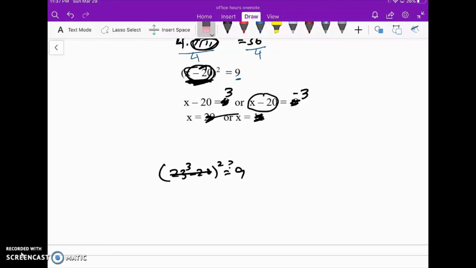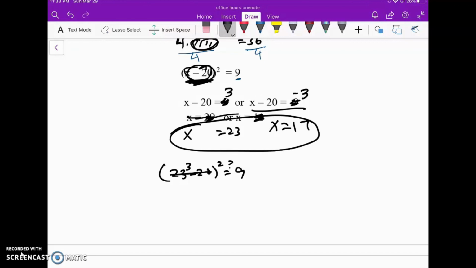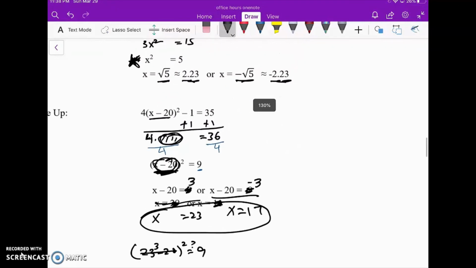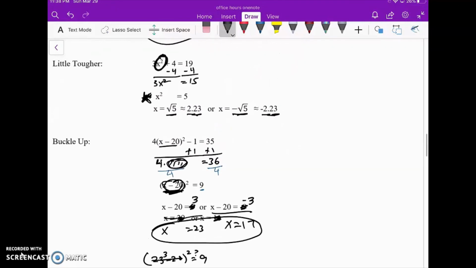Last step, add 20 to each side, right? We need to get that x by itself for our final answer. So add 20 to each side, and we've got either x equals 3 plus 20 is 23, or on the other equation here, if we add 20 to each side, we get x equals 17. And there are our two answers. Just to make sure, let's check one of these. If I take that 17 and go all the way to the start here,